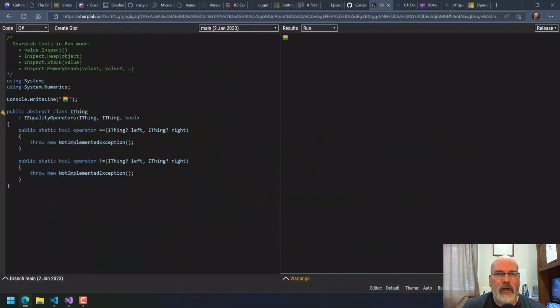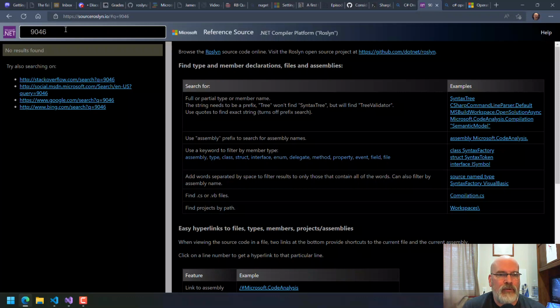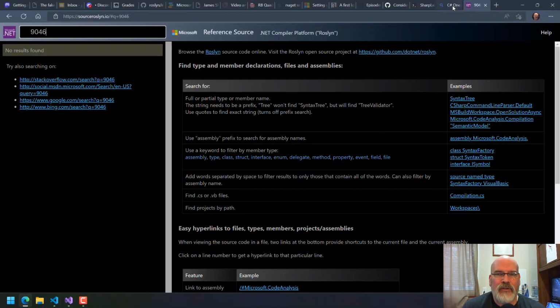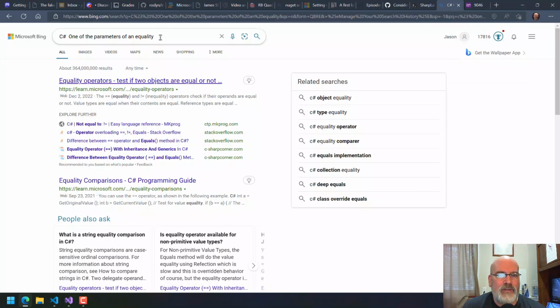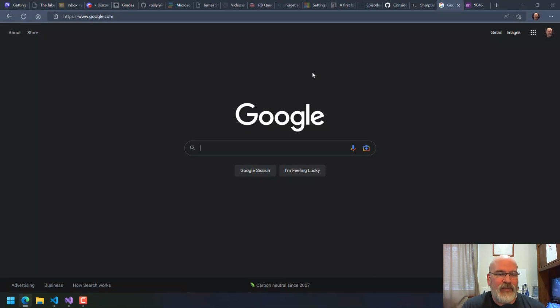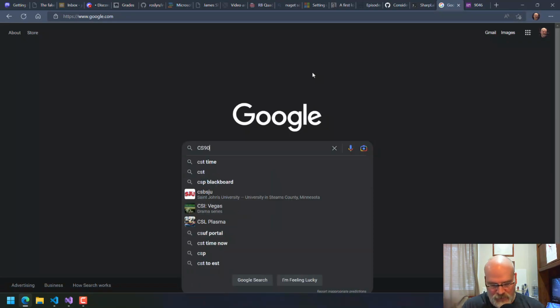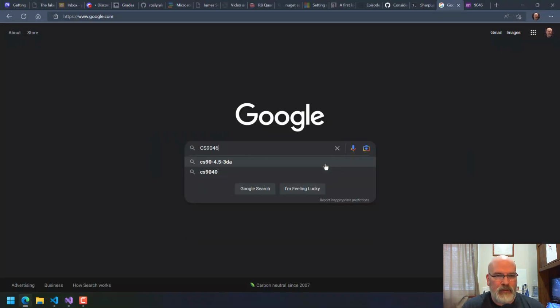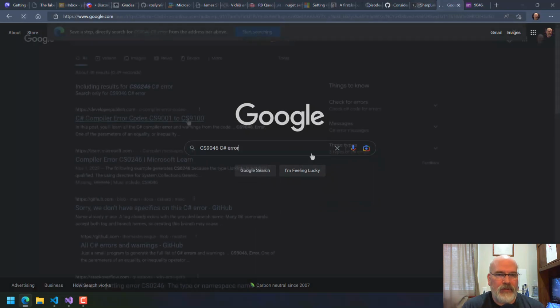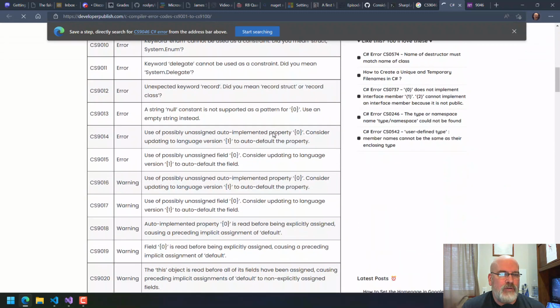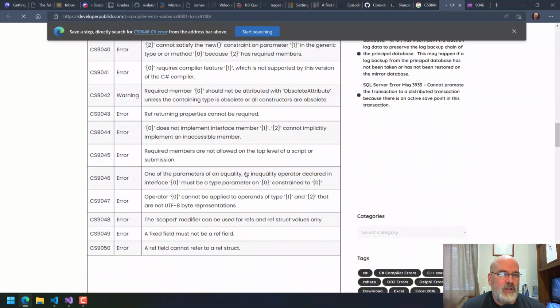I went to Roslyn's source here and looked up the number, looked up CS. I couldn't find anything. I've looked up online, that wasn't it. But I looked up online just the text. I've looked up the error code. I don't know. Let's do the Googles. Why not? Just because. CS9046. What's that error? 9046. C# error. Developer publish. Why would this website, that makes no sense? 9046. I mean, at least it'd be here, but it's probably just going to tell me, yeah,